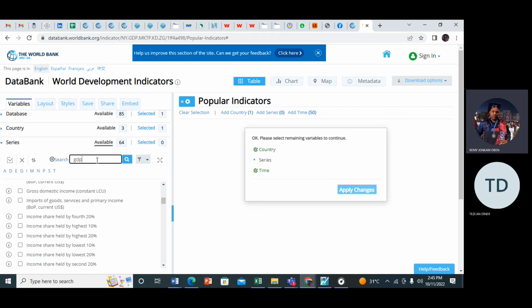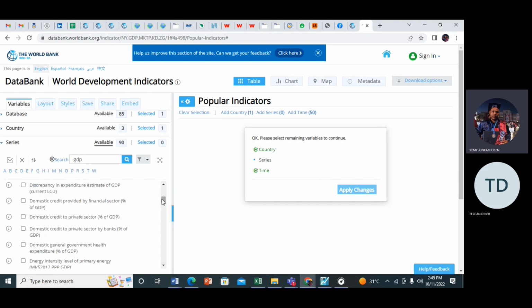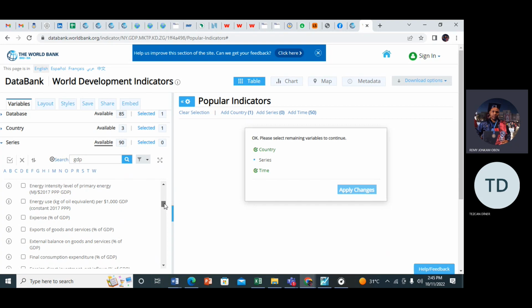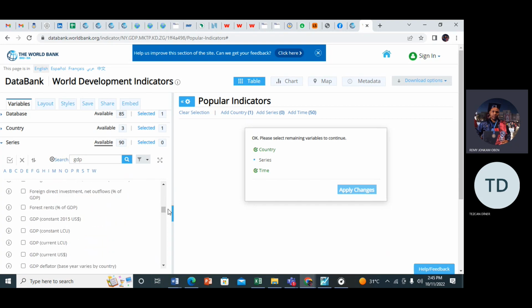Let's say GDP. I want to download data for GDP. You search. You come, let's say GDP, you select this one. Okay, let's say you want to download data again for maybe